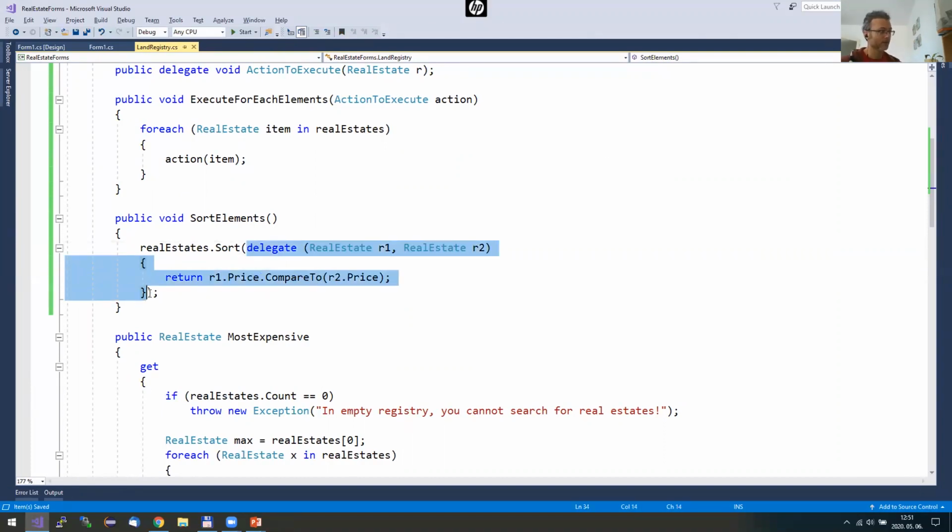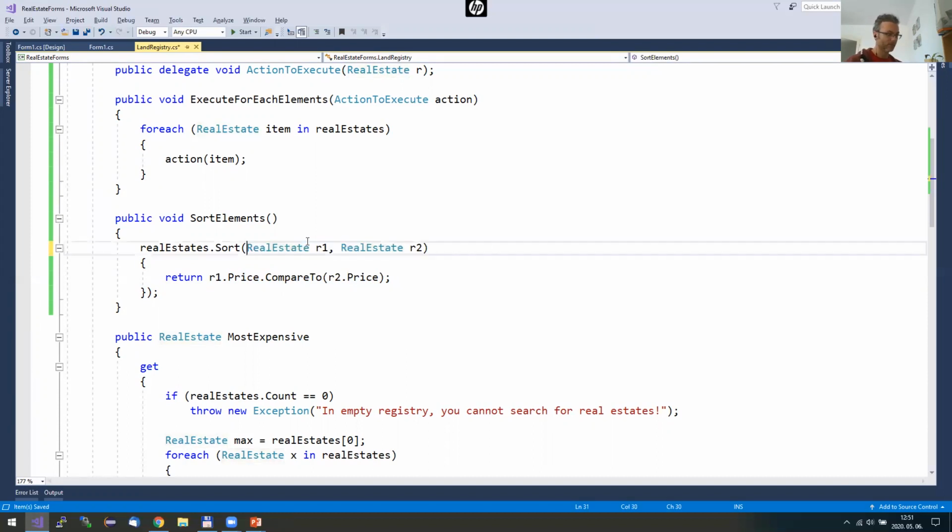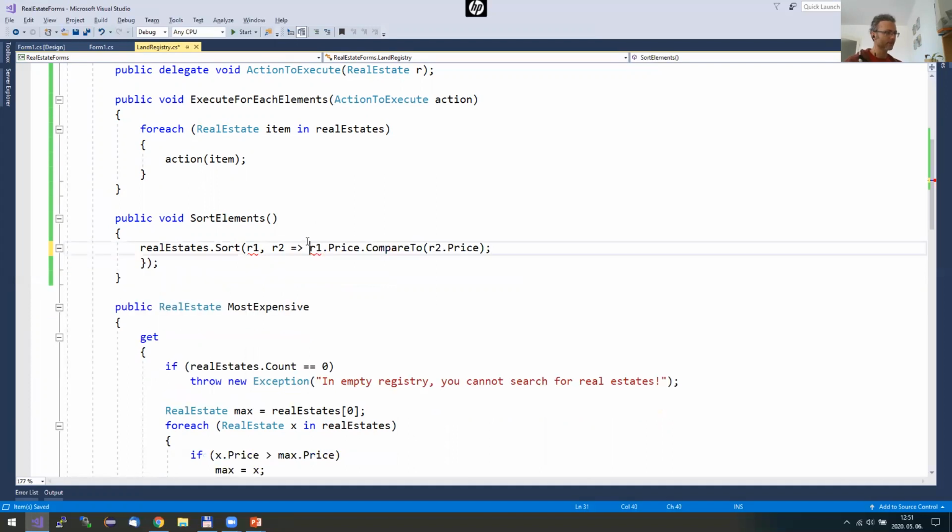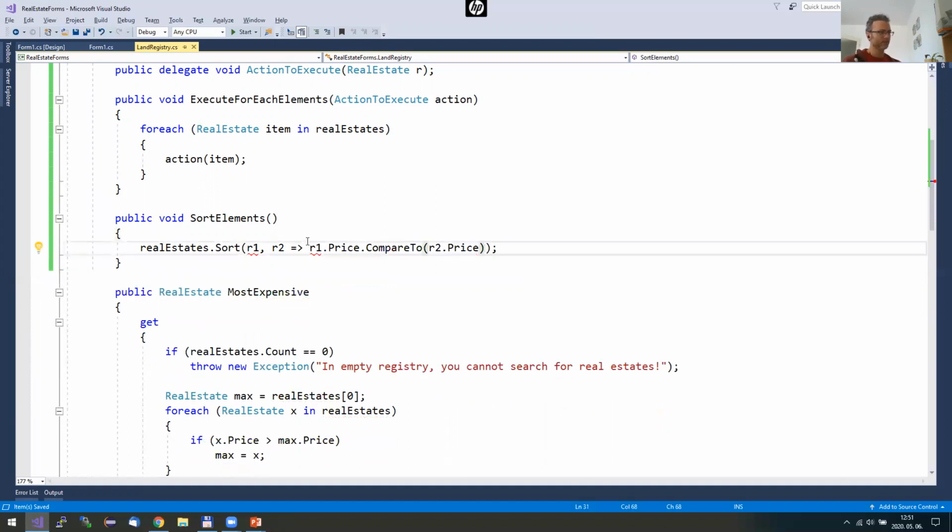Okay, now again, I have an anonymous delegate here. It is really ugly. So let's just translate it to a lambda expression. How to do that? Just remove all the unnecessary stuff and let's keep the expression there. I'm ready. Am I? No, not really. I get compilation errors here because